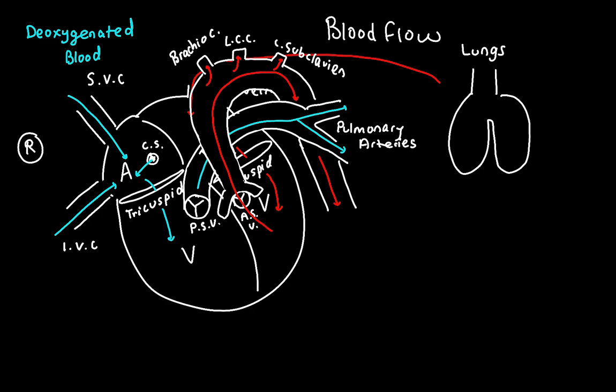And that is really the path of blood through the heart. So let's go through it really quick. If we start over here, deoxygenated blood through the superior vena cava, the inferior vena cava, and the coronary sinus, step 1 for deoxygenated blood here. And then as we go through the tricuspid valve, we're going to go into the right ventricle. From the right ventricle, we go through the pulmonary semilunar valve, out the pulmonary trunk to the pulmonary arteries to the lungs. Then we come back in through the pulmonary veins, back into the heart,